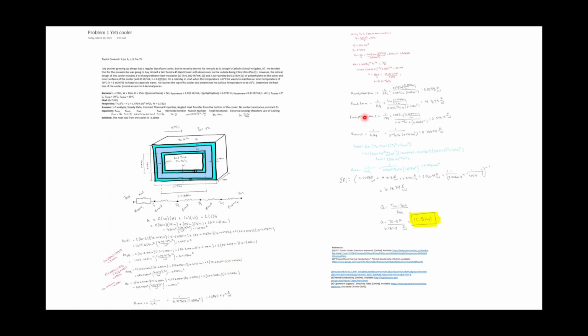However, for the first R convection on the outside, we are not given h. Here we use methods for solving h for external forced convection in order to solve for the h value of 51.51. Here we are then able to plug this value back into R convection 1 in order to get the